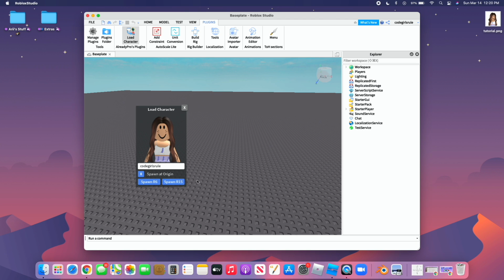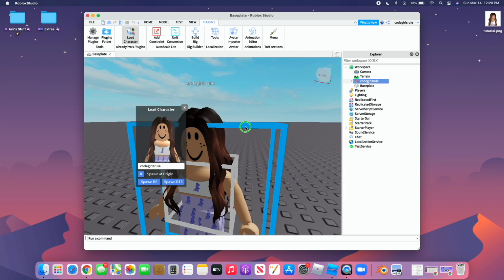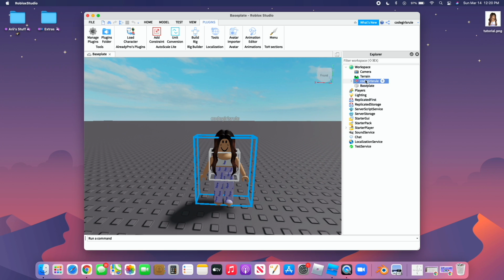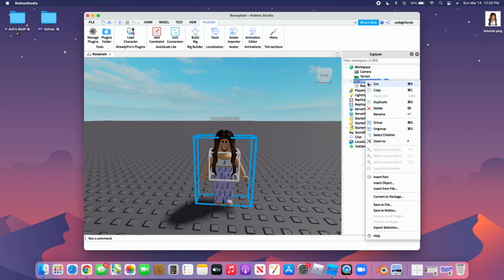You can spawn R6 or R15, but R6 is a lot easier to work with, so I would recommend only R6, honestly. I mean, you can do R15, there's nothing saying you can't, but it will just turn out a lot worse. Okay, you can close this now, and right click or click with 2 fingers on your username,